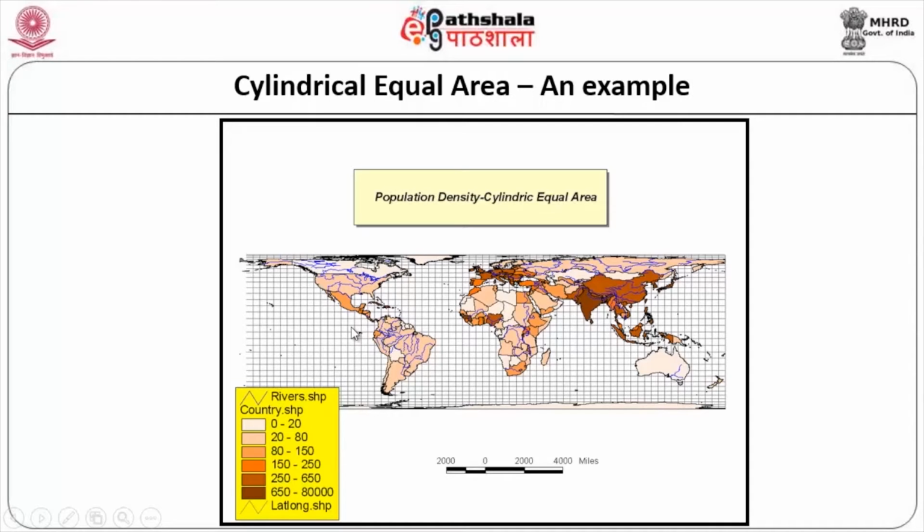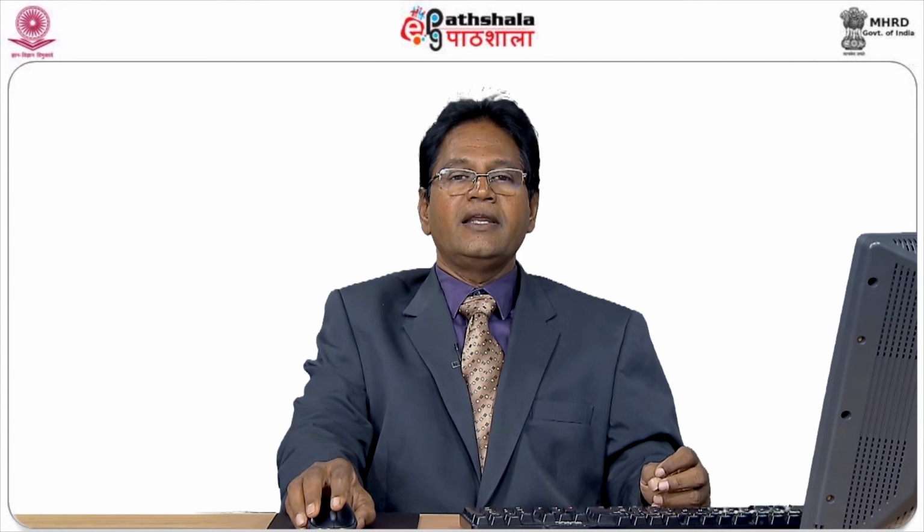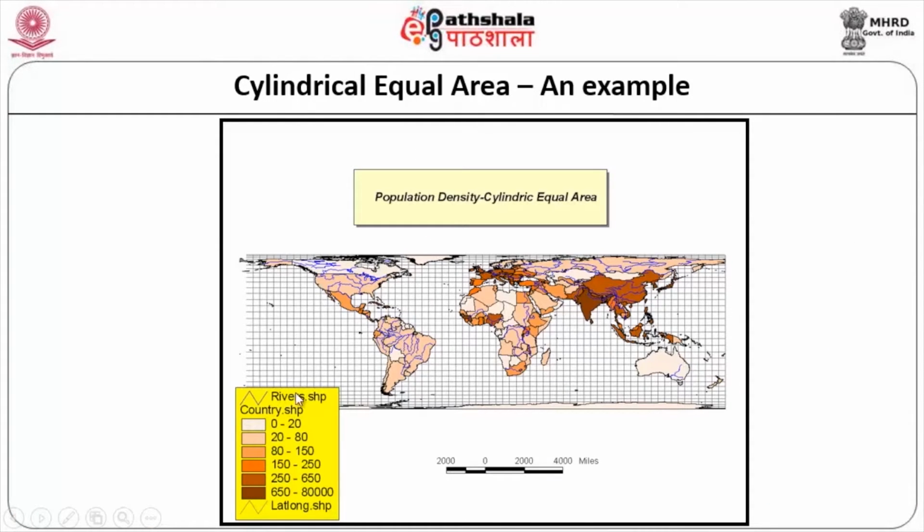This is more of a representation rather than an actual study, because any kind of projection that is going to affect your quantitative analysis, you should not attempt. If it is only going to be qualitative in nature, then there will not be any error. Here, what we are trying to do is something like population density. It is only a representation, isn't it? So it is not going to make much of a difference, but when I make measurements on this, it will be an issue, so you have to take that into consideration.